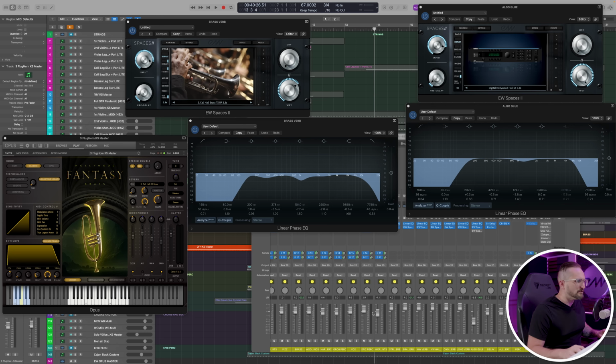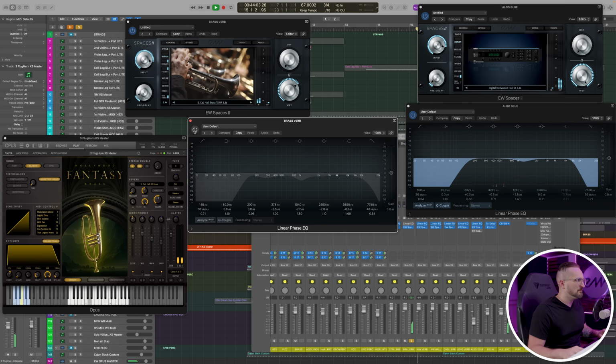Let's go ahead and solo just the Southern California Hall brass reverb. And I'm going to go ahead and A and B it with and without the EQ. So you can hear again that EQ is really tightening up the sound.